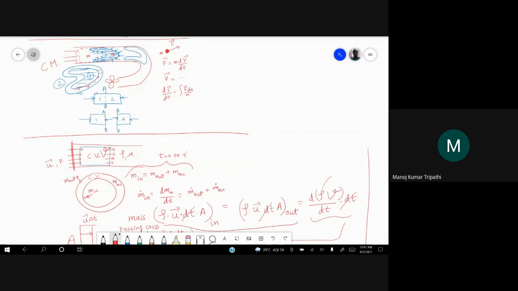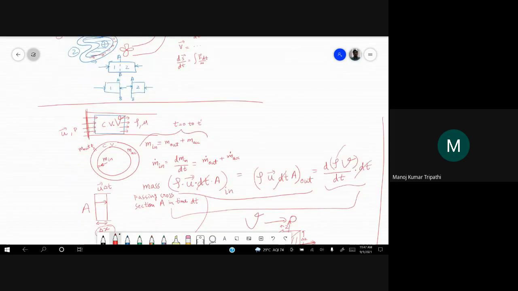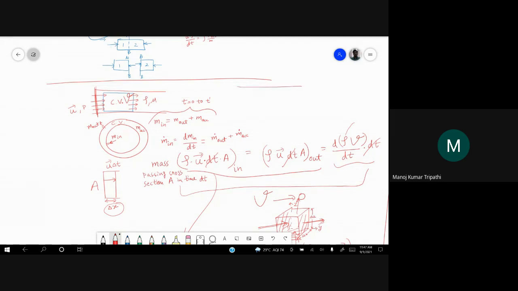Solving this equation, you will get the velocity of the fluid at each and every point. Because we have done this for each and every point, we assumed that the control volume is very, very small. So in this pipe, we assume the control volume to be very small, somewhere here, let's say, or it can be somewhere there. And it is very small such that it is actually a point. So this differential equation that we wrote finally, del dot rho u equal to d rho by dt, it is actually valid for a small point.